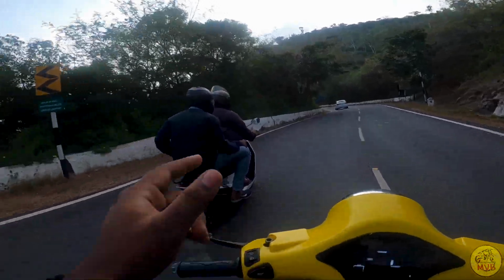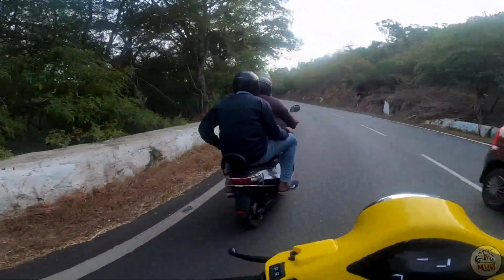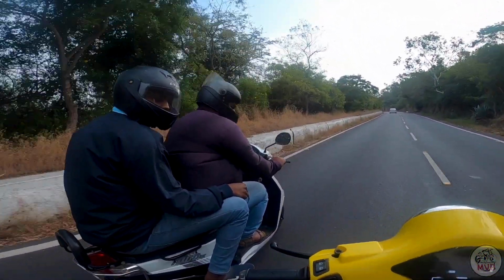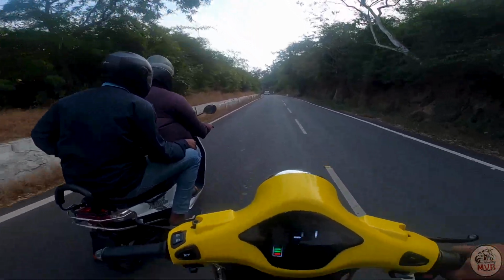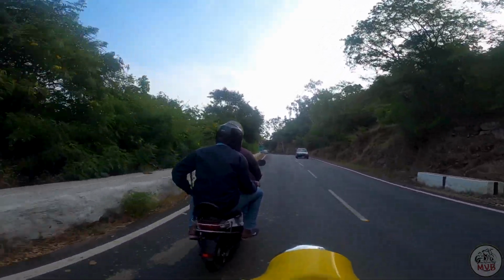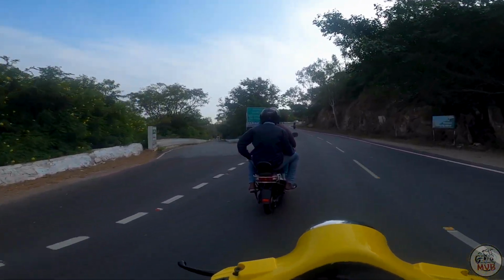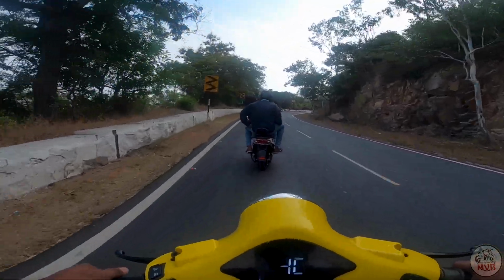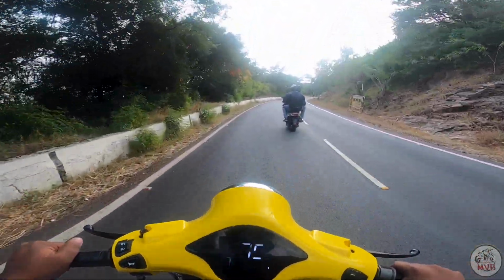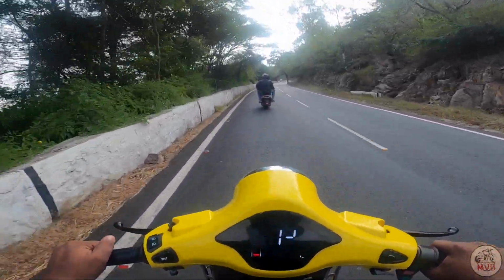You can see two people are there, weighing around 200 kilos, 100 kilos each, and they are going just like a normal petrol scooter. Let's go even more and see whether it works out for us, or if there will be any issues in the meantime. So I am on full throttle. Now the speed is, you can see,